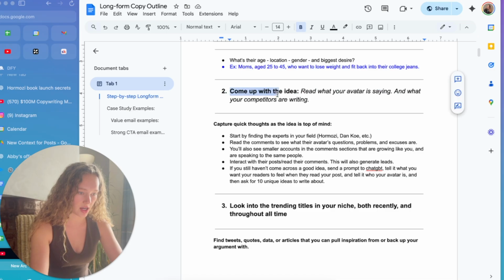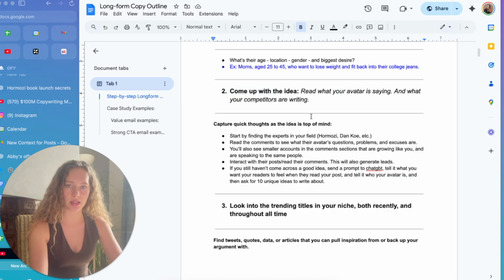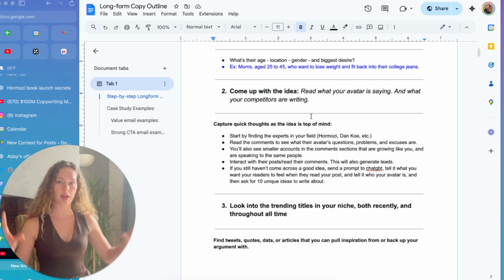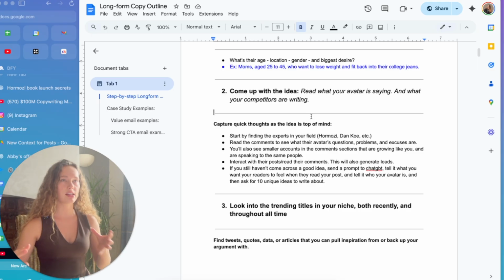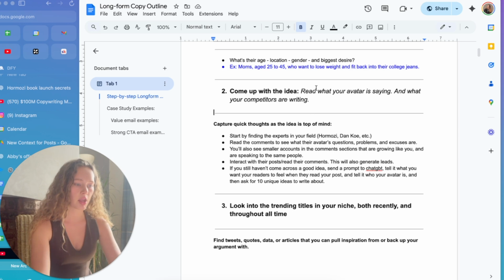Step 2, you can see right here, come up with the idea. And by idea here, I mean what is the actual topic? Big picture. What are you writing about? What are you trying to teach? What kind of value are you trying to add? Are you telling a story? If so, who's it about? That's the big idea. So you want to read what your avatar is saying in order to come up with this idea